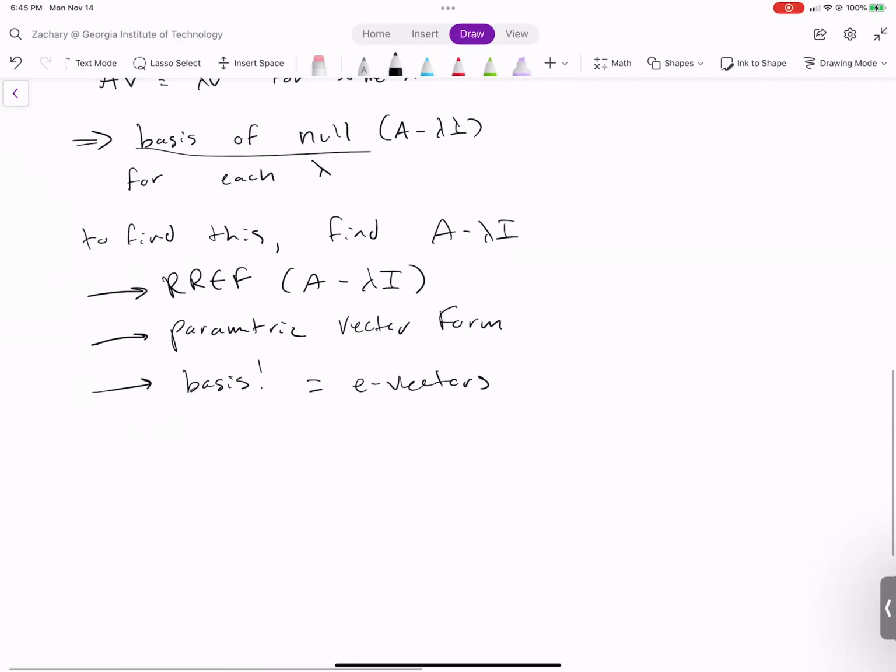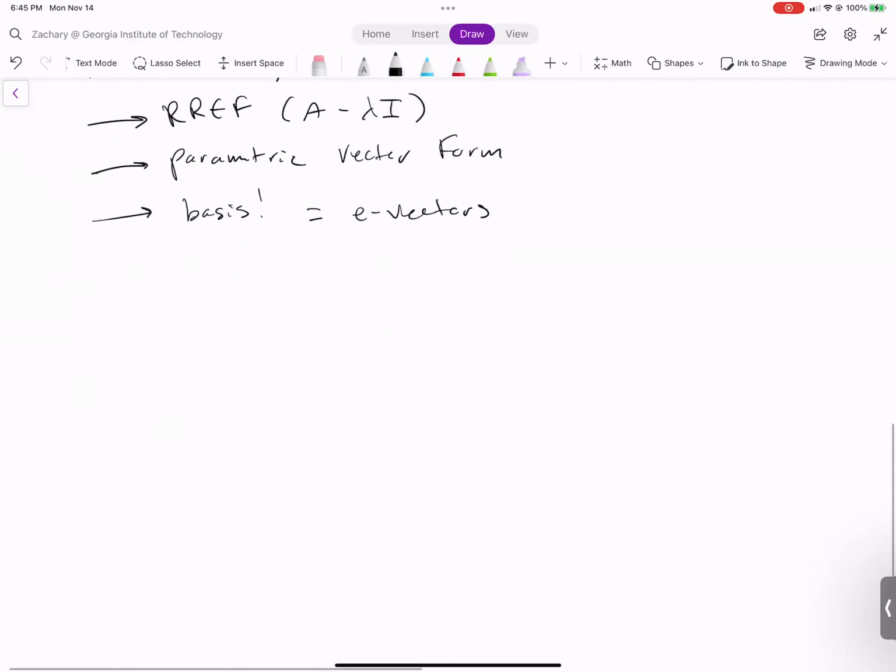Okay. So going on to, I kind of skipped past how you find eigenvalues themselves, right? You find the determinant of A minus lambda I, and you set it equal to 0 and you solve. This is where you may have to use the quadratic formula. I wouldn't expect it on the exam, to be honest, but you should know how to do it. It just comes up once in a blue moon, and then students freak out and just put random numbers that don't make any sense. So if it happens, know how to do it, okay?